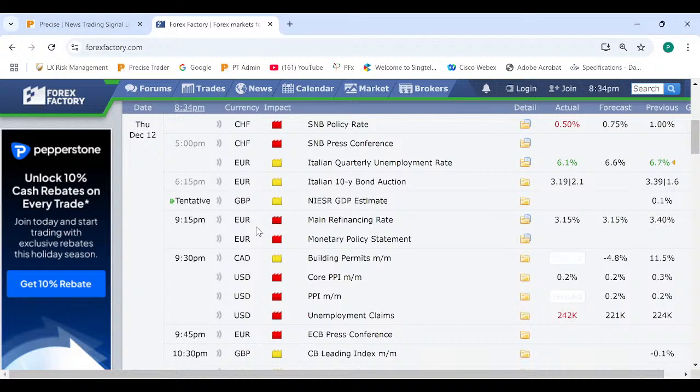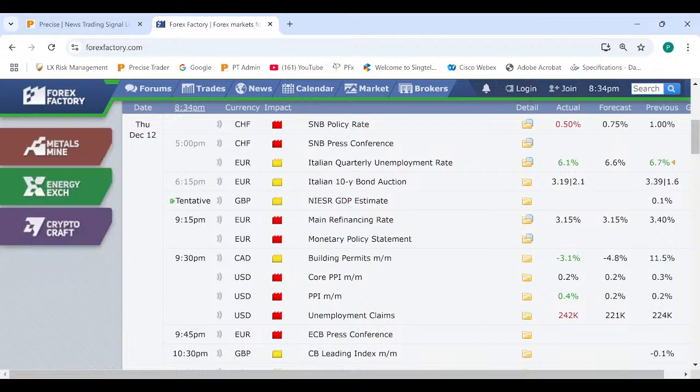Okay, unemployment came in bad. Unemployment is bad, which means dollar weakness on that. Then PPI month on month is very strong, and core PPI month on month is as expected. So we are getting mixed signals. Okay, so we have to wait for the market to respond. So what we are seeing now